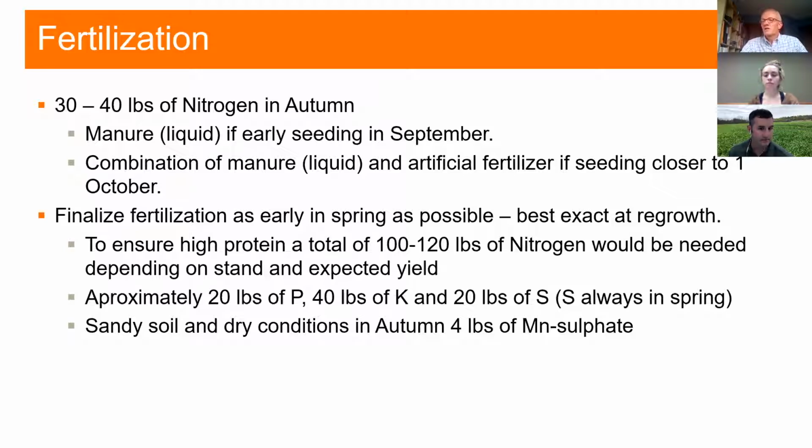The fertilization in spring has to be done as early as possible. I normally say if you can get out on the late morning frost, just at regrowth, that's when the final fertilization has to take place. It can be done by liquid manure if it can be added with a boom with pipes on. So it's not the best thing to spread it on top of the crop, but if it can be added by these pipes or tubes, this will also be okay,